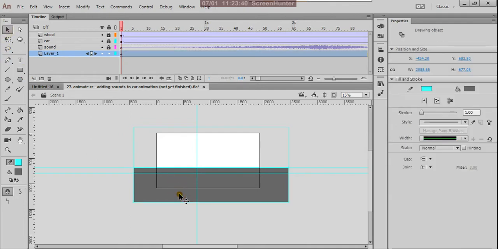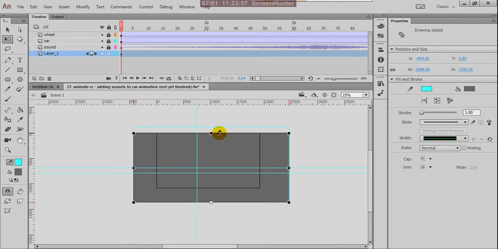Otherwise you can copy this. Control C, Control Shift V, so it is pasted in place, and press Q. This point you can keep here and extend this up to there.